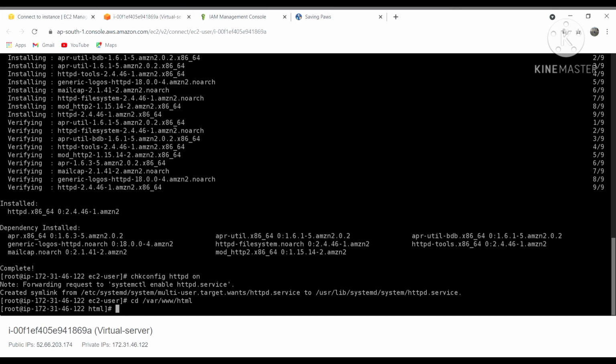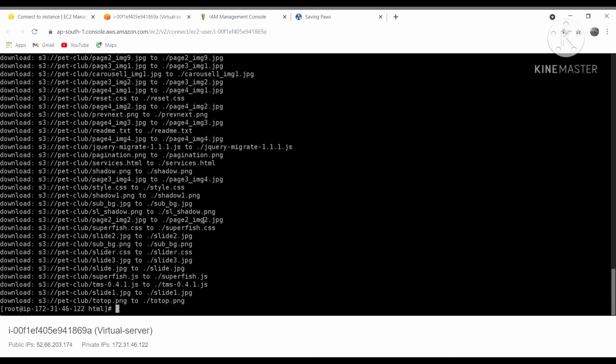Now whatever is present inside my bucket of AWS S3, I have to bring all of it here. So I'm using this command, aws s3 sync s3://petlab, where petlab is the name of my AWS S3 bucket, to /var/www/html. Now it will copy everything present in that bucket onto the AWS EC2 server.